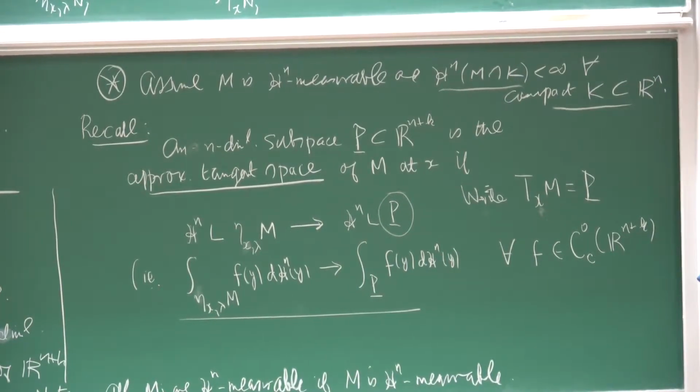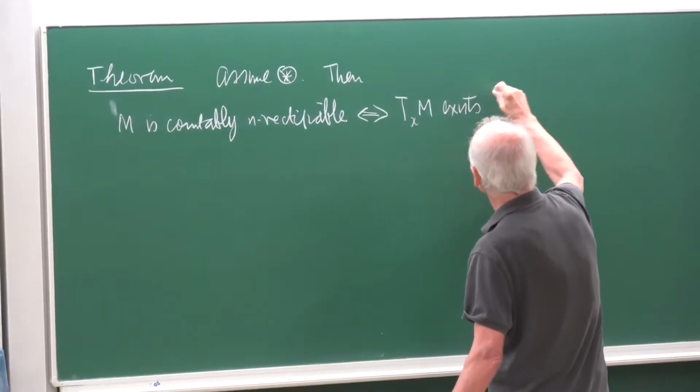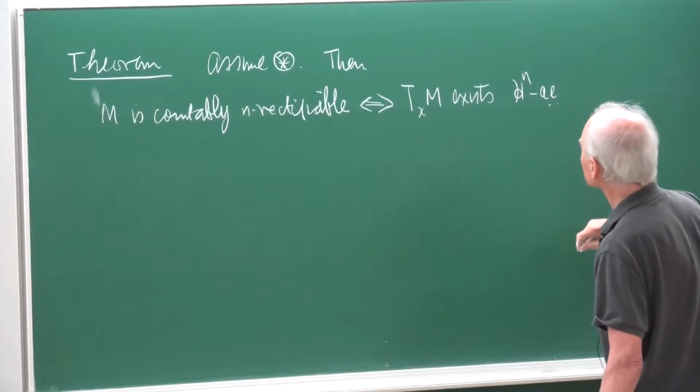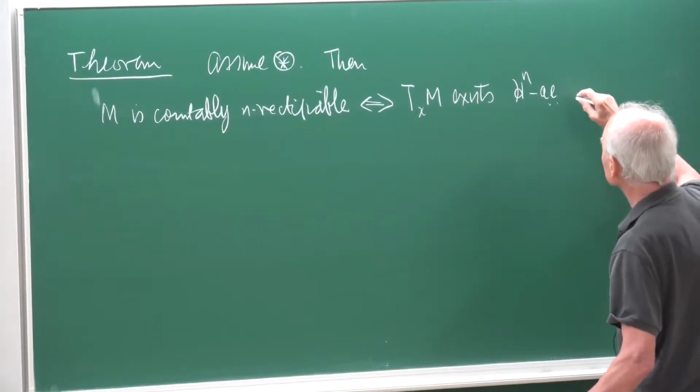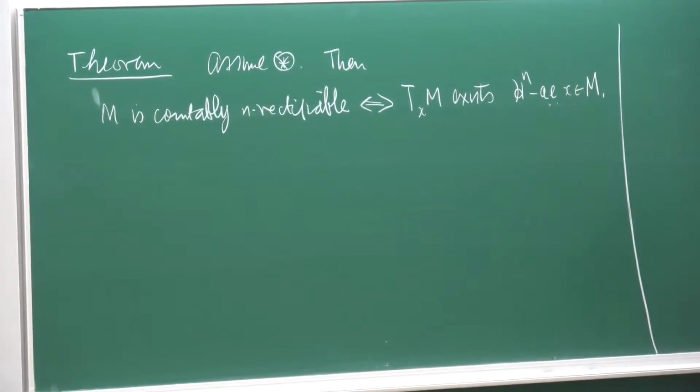Then M is countably n rectifiable if and only if Txm exists Hn almost everywhere, for almost every x in M. That's the equivalence. Very nice